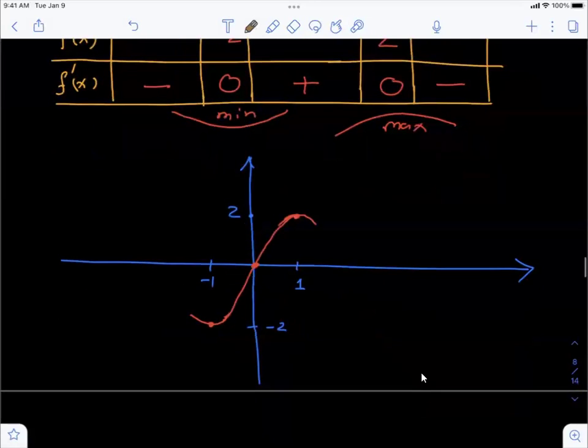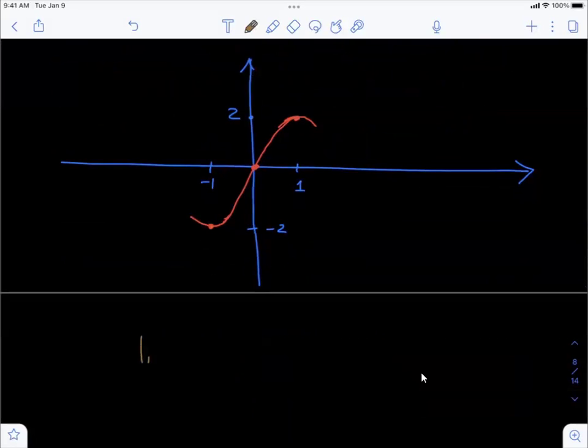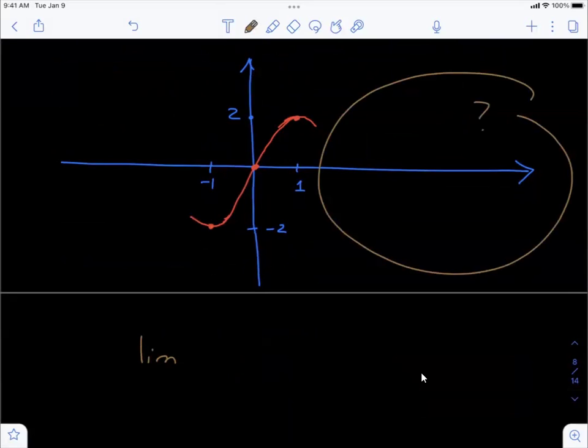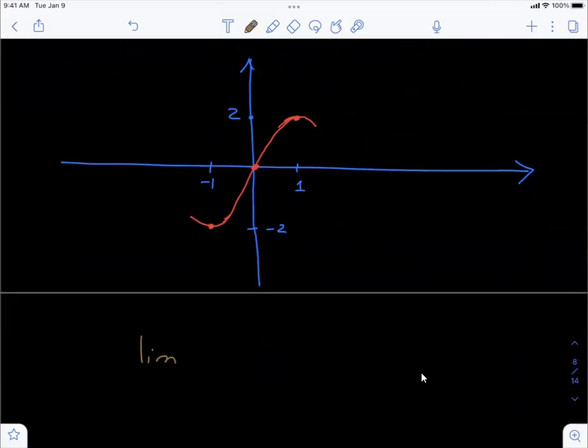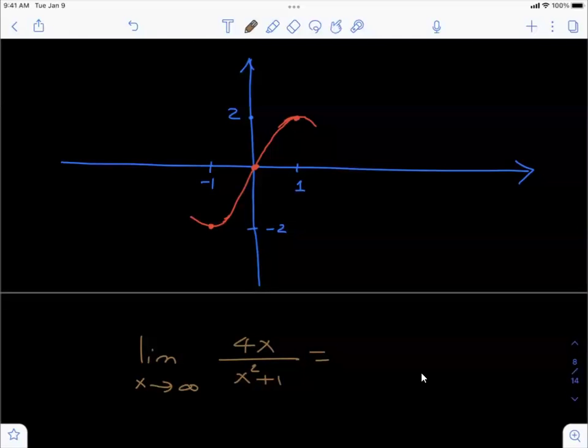Now, one thing that you can do is to look at the end behavior. Let's question what's happening in the right end. When you try to do that, limit as x goes to positive infinity of 4x, it should be the function, divided by x squared plus 1. You can do a minor limit computation. Don't forget this is a limit at positive infinity. We know how to compute it. When x goes to positive infinity, you will end up getting